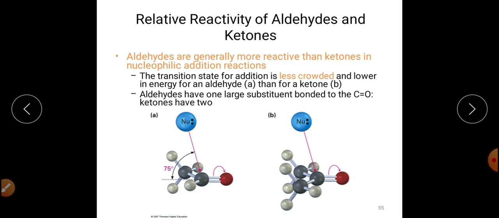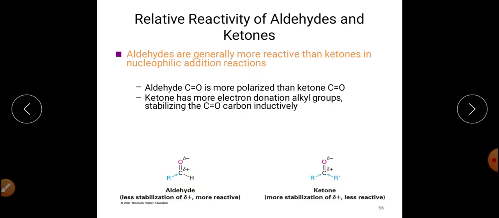But if we compare this structure with the structure of ketone, this is your ketone in which one CH3 group is here and another CH3 group is here. Now this is going to attack on this particular nucleophile. Now these are the two hydrogens, this hydrogen from that CH3 group and this hydrogen from this CH3 group will tend to interfere with this incoming nucleophile, to be attacked on the carbonyl carbon. So this is a clear picture that demonstrates that how aldehydes are more reactive towards nucleophilic addition reaction as comparison to ketones because of the steric reason.